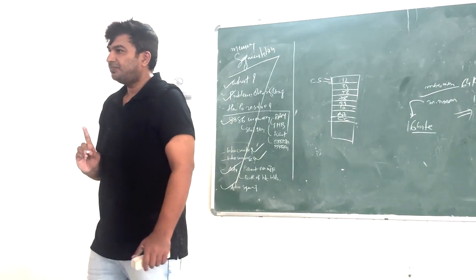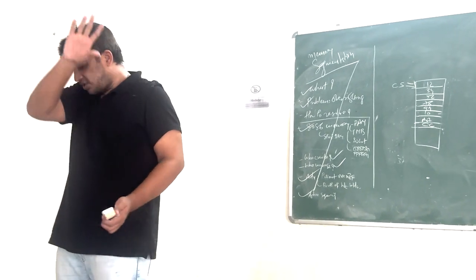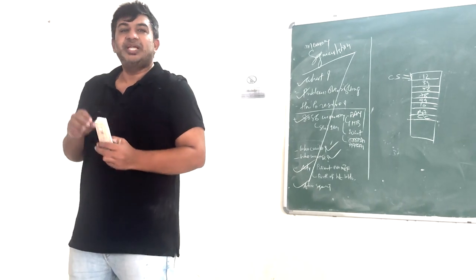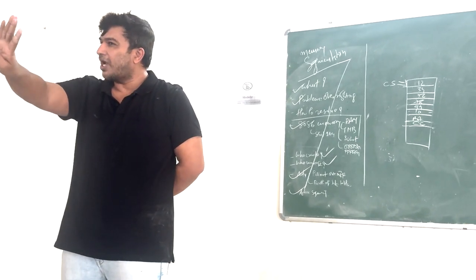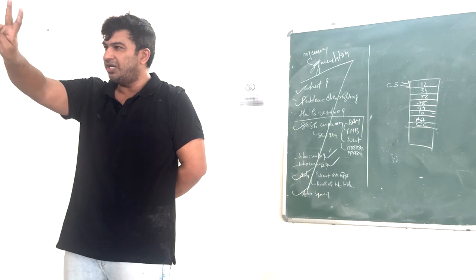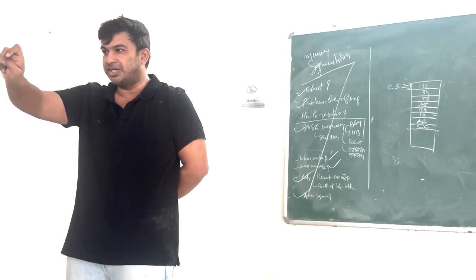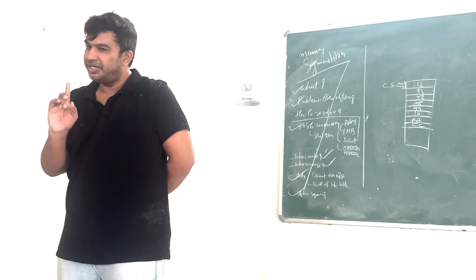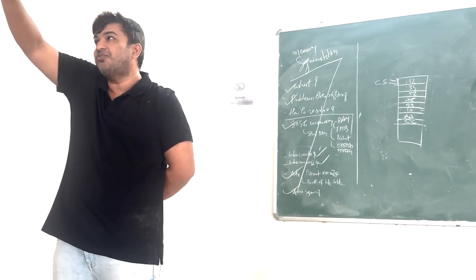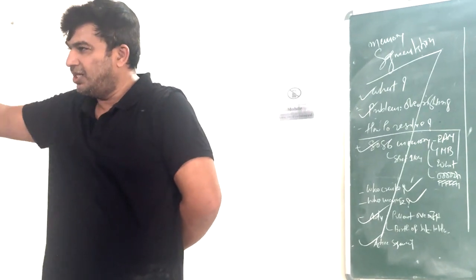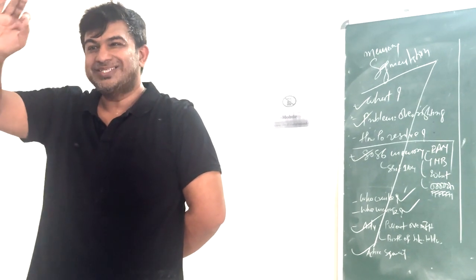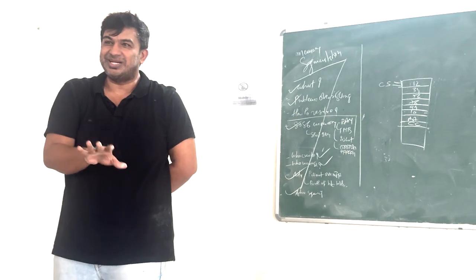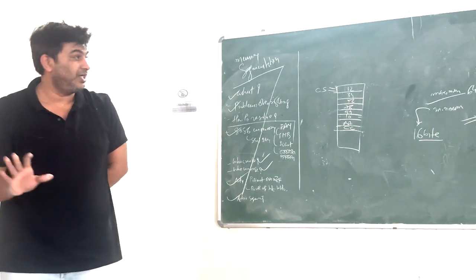Just for the sake of revision, where did we start? In 8086, we have 4 kinds of segment: code segment, data segment, stack segment, extra segment. Each segment can be repeated multiple times, no issue. What is the maximum size of one segment? 64K. What is the minimum size of a segment? 16 bytes. Those who are not able to understand all these things, just remember this data. That is fine.